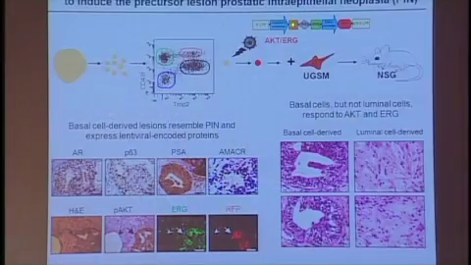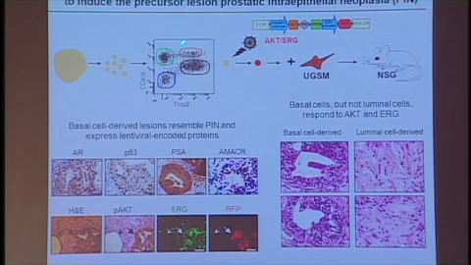oncogenic phenotype. And so the strategy here was, because we anticipated it wouldn't be so simple, we put together several genes, including AKT and ERG, which I previously showed you was an effective synergen in transformation, take the cells in this basal region, or the others if we needed to, and then infect it with this lentivirus and plate into the immune defective mouse. The answer is really quite pleasing.